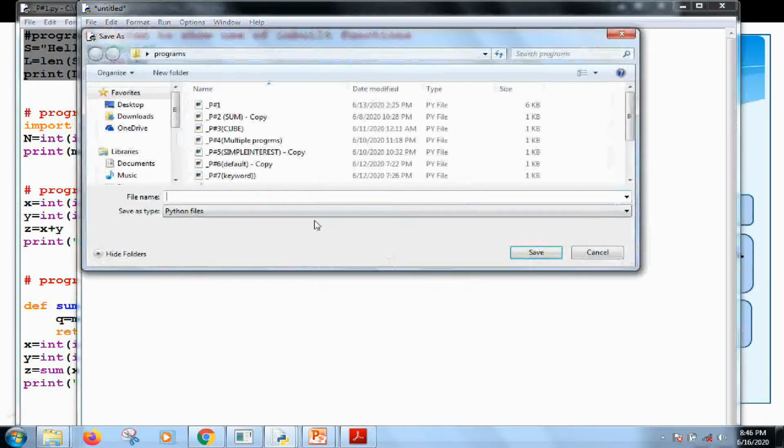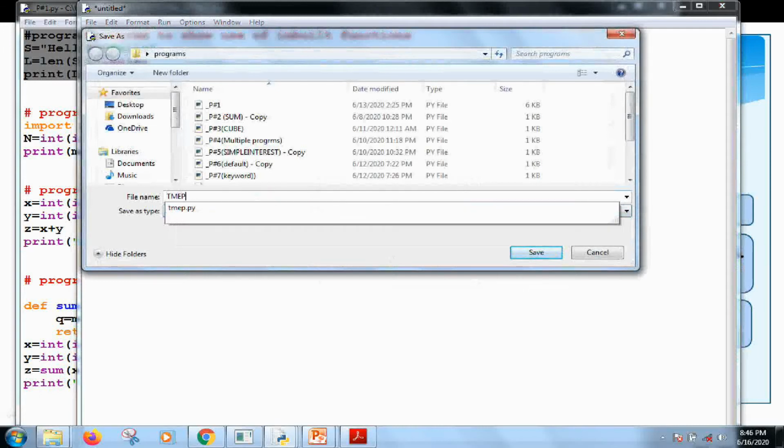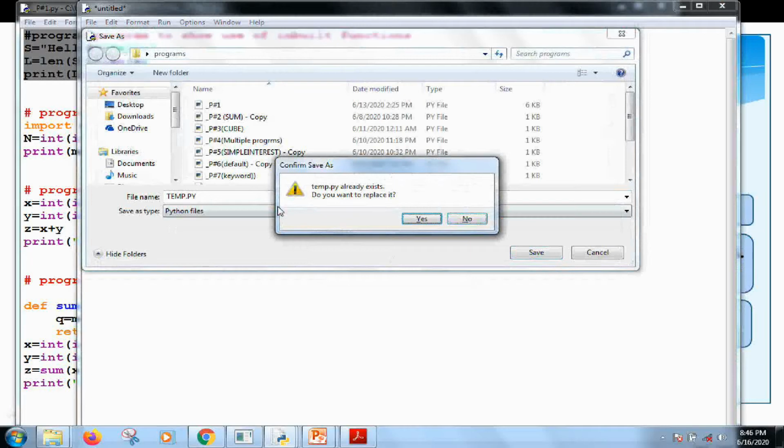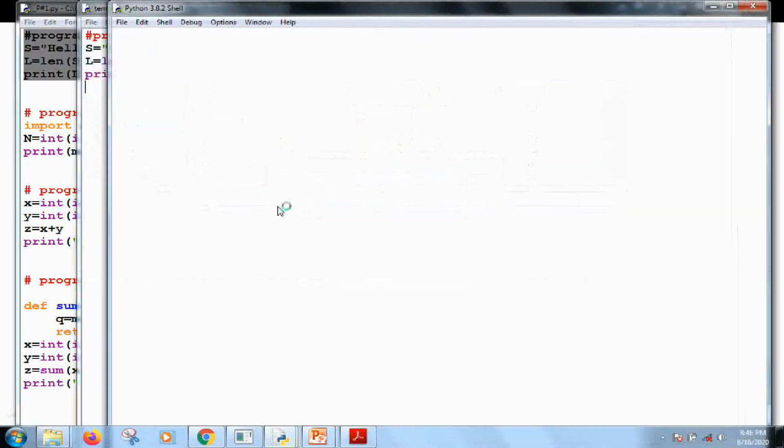Let it run. You can see that it gives me the length of the string.